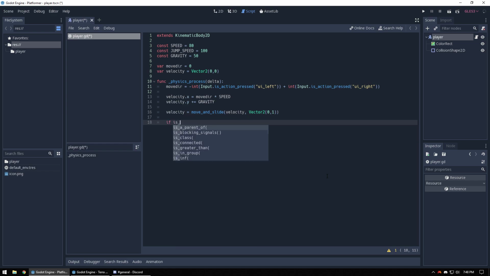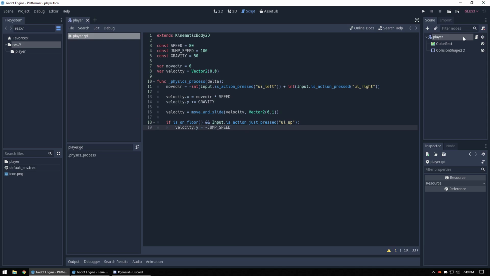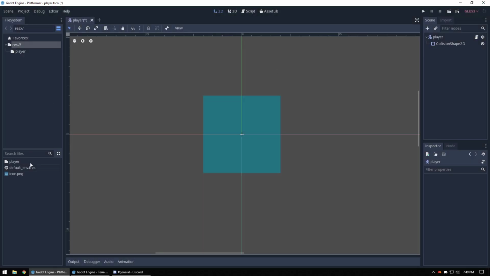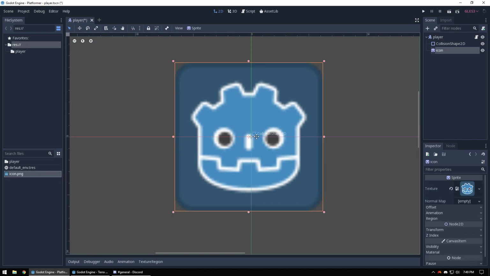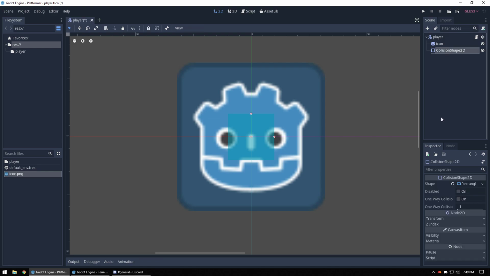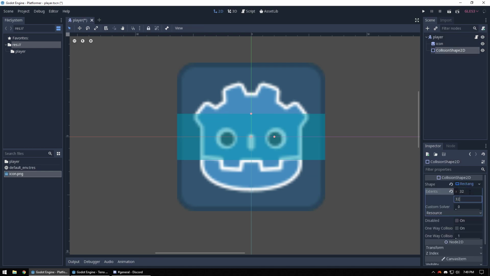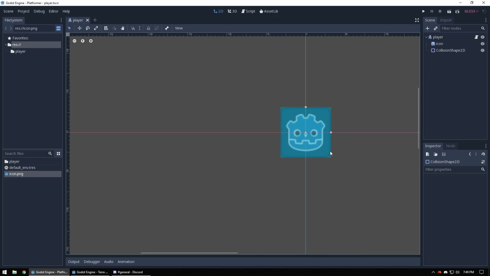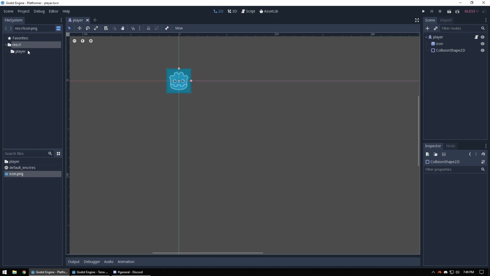If it is on floor and just pressed up. Alright, let's start with this. And I don't want to use color rectangle, let's just use this dude. Okay. Got our player, now we need a